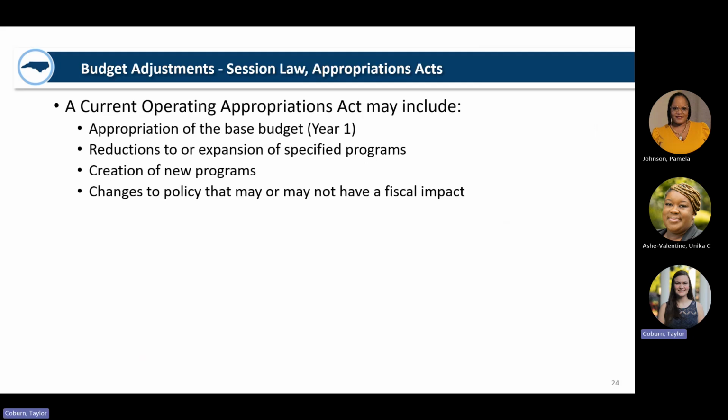Session law may also provide budget guidance or authority to agencies. Agencies should review all provisions in the Appropriations Act related to their agencies to ensure all actions comply with law. Specifically, agencies should review provisions that follow the money, which clarify budget items in the conference report, and policy provisions that may have a fiscal or budgetary impact. Agencies should also review general provisions at the start of the bill and statewide provisions like for salaries and benefits.